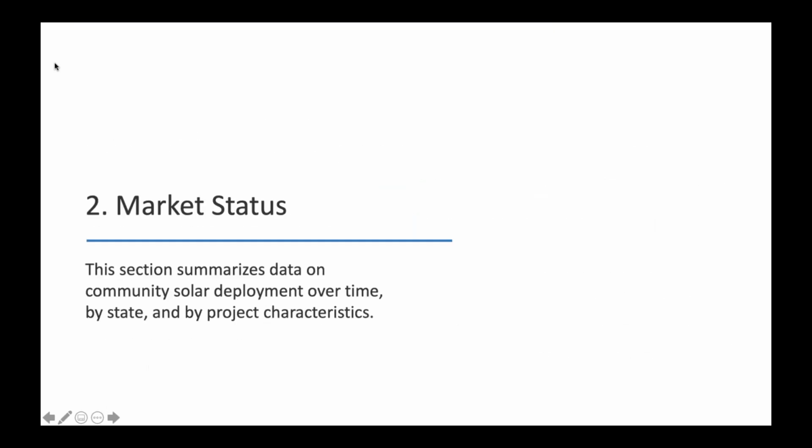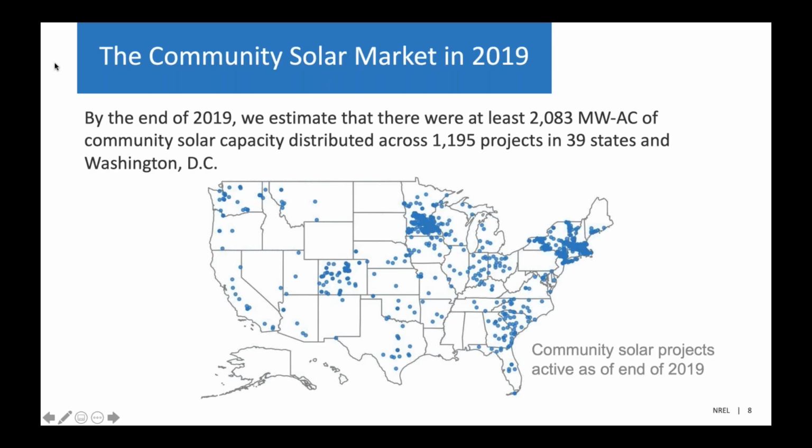So I'm going to talk about the market status, give a high level overview of where we are today, some of the really big picture numbers. This is all to the end of 2019. This specific section estimates to the end of 2019. So this is kind of the obligatory map showing the deployment of community solar. And oftentimes with solar, what we see are these clusters. And so you see right away, there's big clusters of projects in Minnesota, Massachusetts, New York, Colorado, and a couple